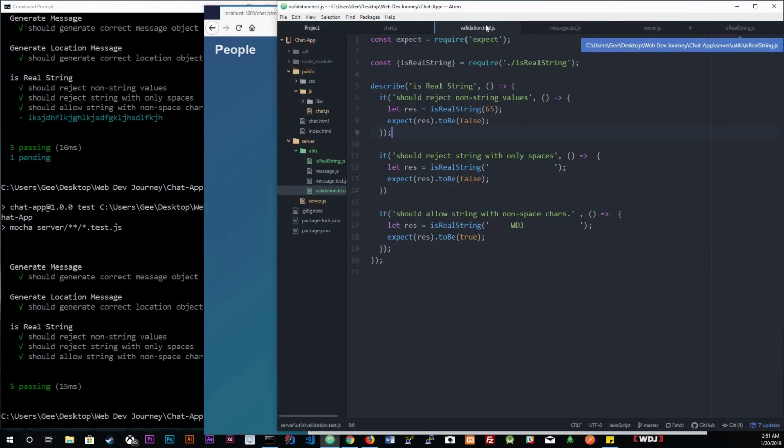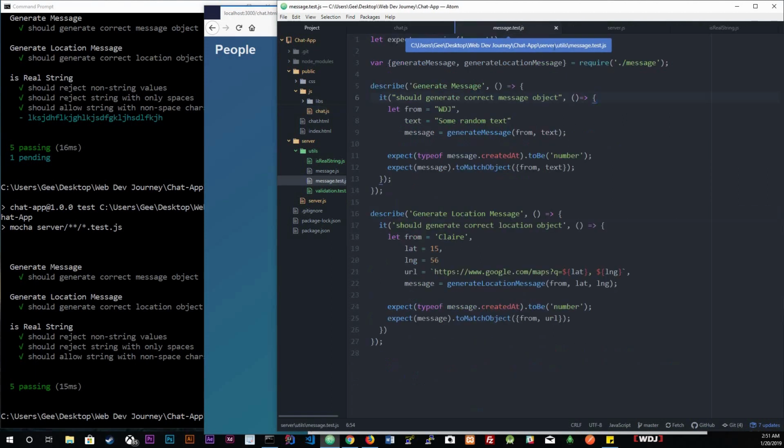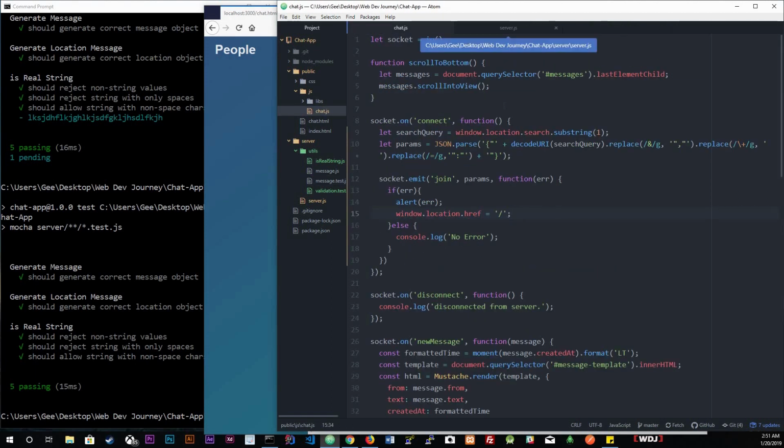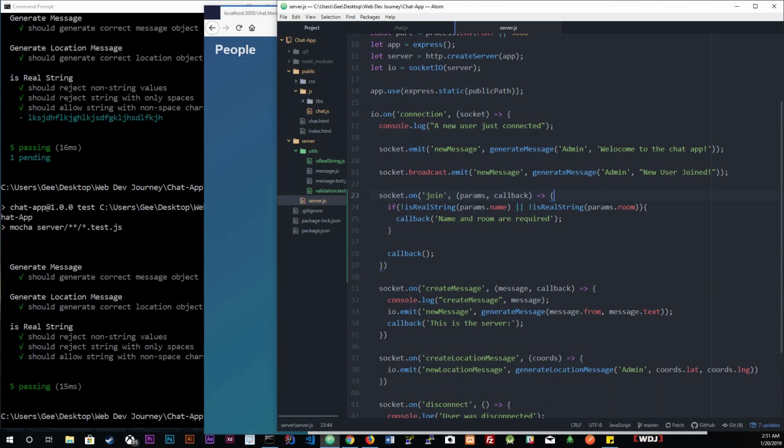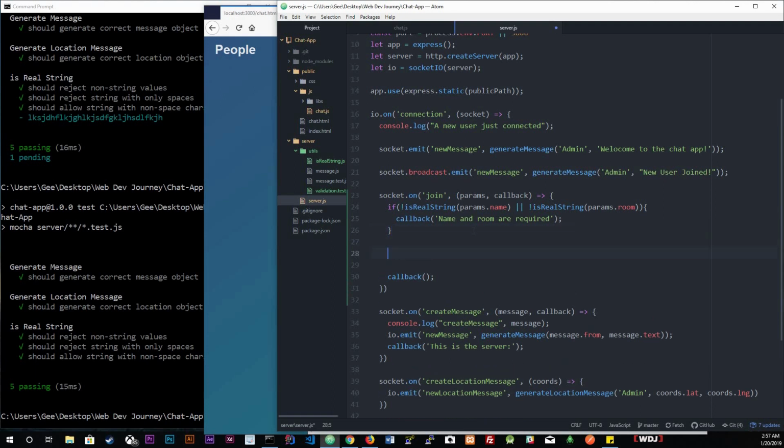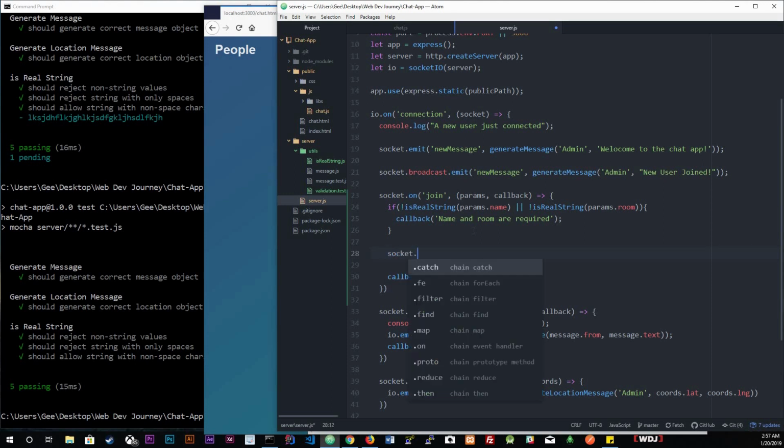Going back into, let me get rid of this, our messages server. Going back into server, this is where we're going to isolate that room. So to join a room is fairly simple. I'm sorry about that. It's fairly simple, guys. Inside of join, when we listen to the emit listener join, we're going to actually just call the method join. So socket.join